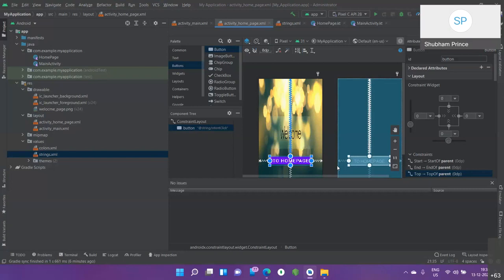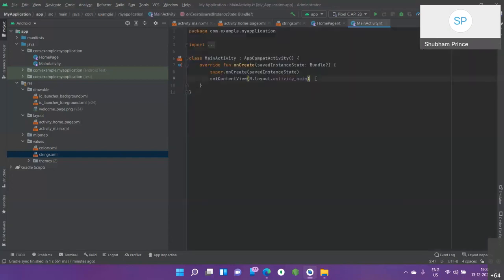We are the ones who are going to create it. Before we set up our explicit intent, let's talk about intent, because we are going to move from this activity to the home page, isn't it? So we'll just set up the intent.